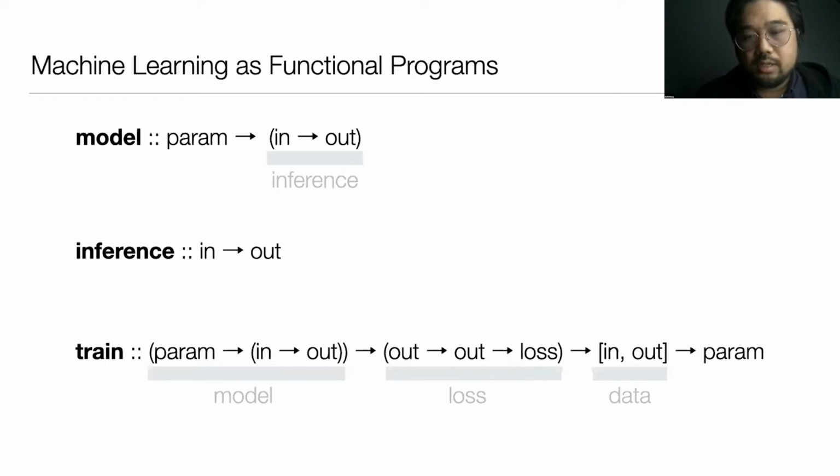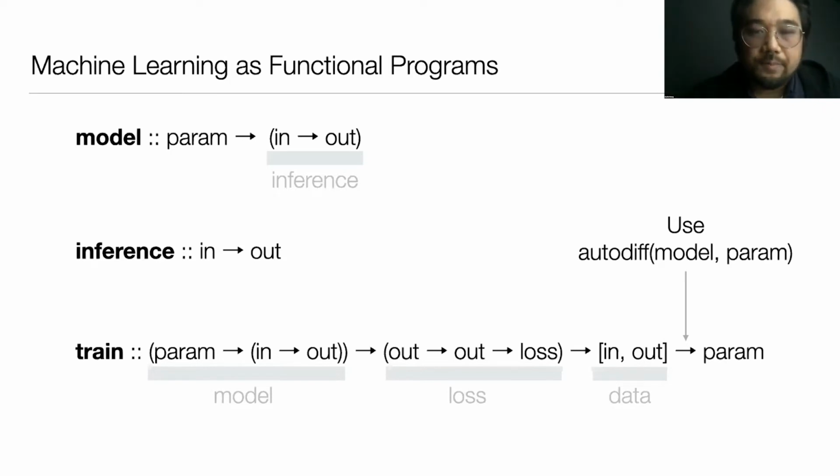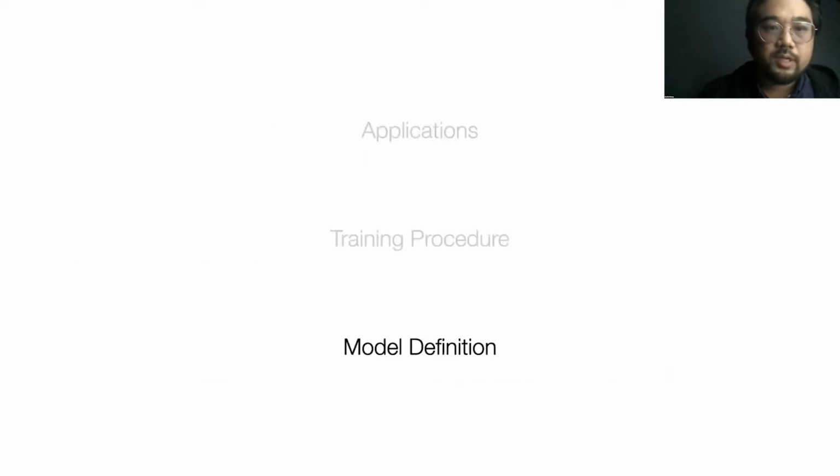That training process is optimizing some objective function known as loss, and takes advantage of the fact that your inference function is end-to-end differentiable using this automatic differentiation procedure. So you use automatic differentiation on your model, you can get gradients, and you use that in your training procedure. So you can look at this whole endeavor of machine learning as writing programs that are optimized on data in this way.